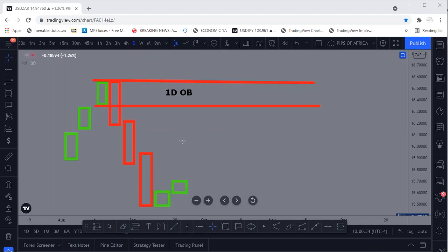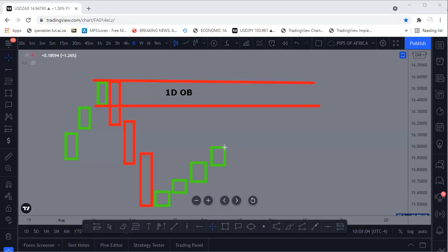It won't engulf this one just like this, because that simply means that the price is going to be breaking this order block. It will bounce a little bit and then continue breaking up. But we want to see healthy price action. We want to see the price slowly approaching the order block, going up like this,